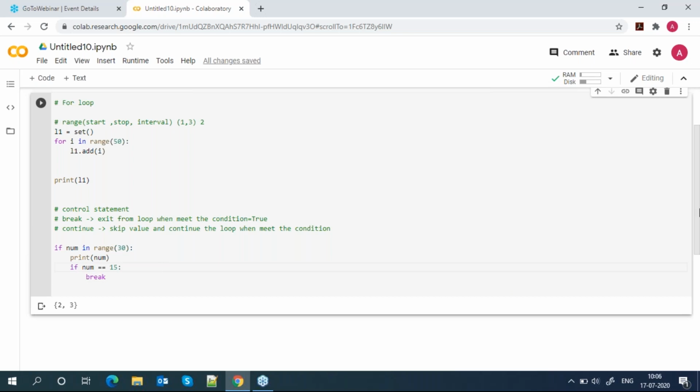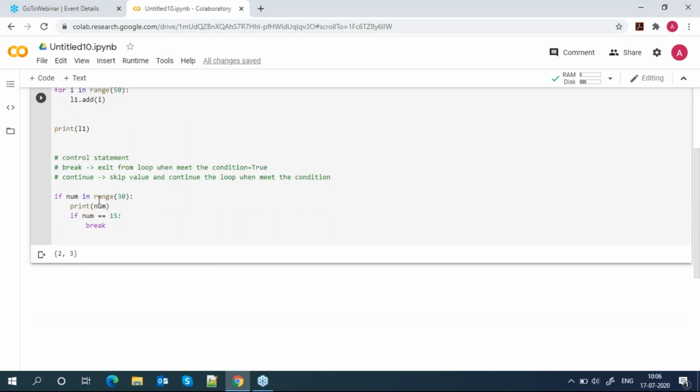So this is my one example of break. Suppose num is my memory area. So range will store the particular values from 0 to 29, total values stored here. So print num.